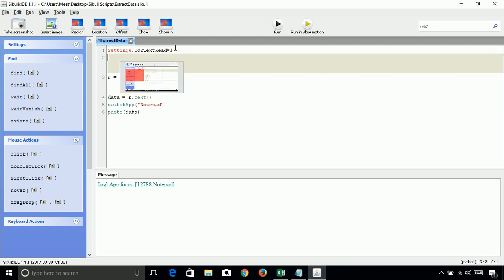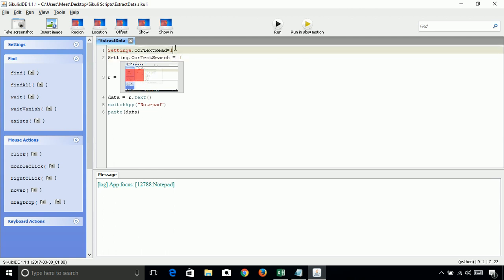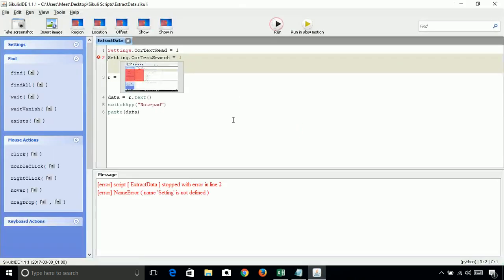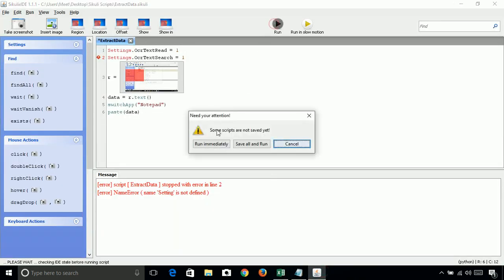We also have to set the tag variable parameter called OCR text search to 1. Now let's save it and run again.